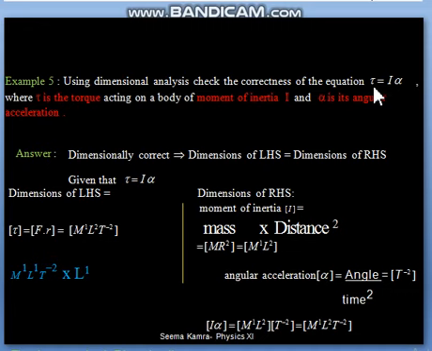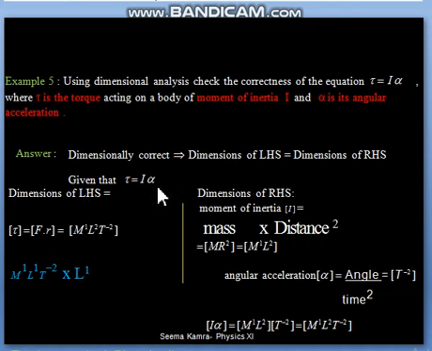Now this symbol we read torque. This is I means moment of inertia and alpha means angular acceleration. These meanings will be given in the question. Now these symbols are new for you. These are the symbols for rotational motion. In detail we will study these symbols and concept behind them in unit 3 and 5. But just now we have to focus only on dimensional formulas. Okay, so let us start.